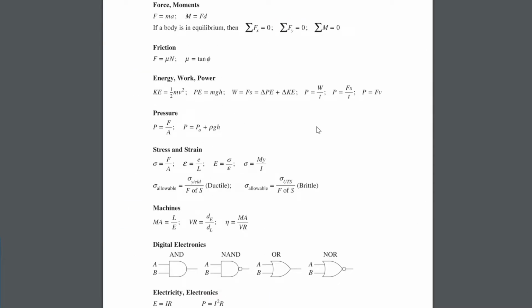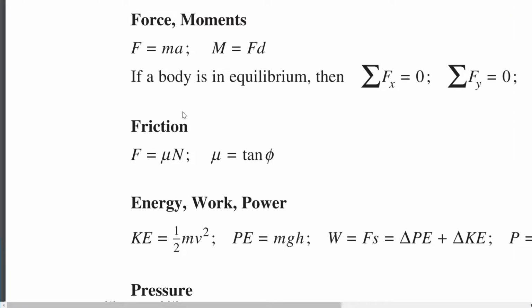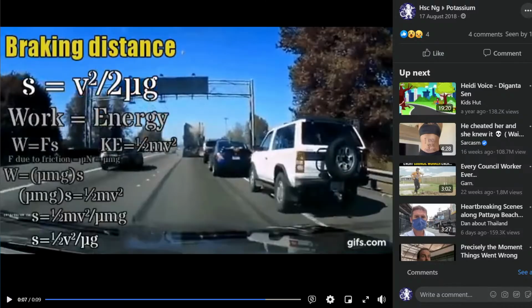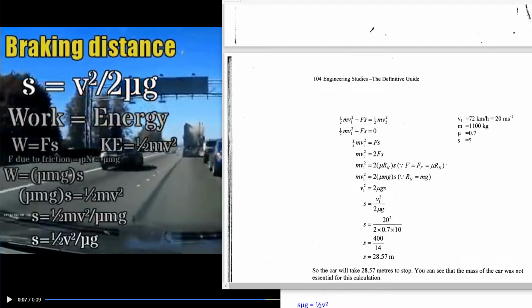Okay, so these formulas, you don't need to memorize this. Work equals Fs, that's there. Kinetic energy equals half mv squared. You don't need to memorize that. That's given. Once we have that, you do need to understand though that that's where we start. So once you know that kinetic energy equals half mv squared, what we can